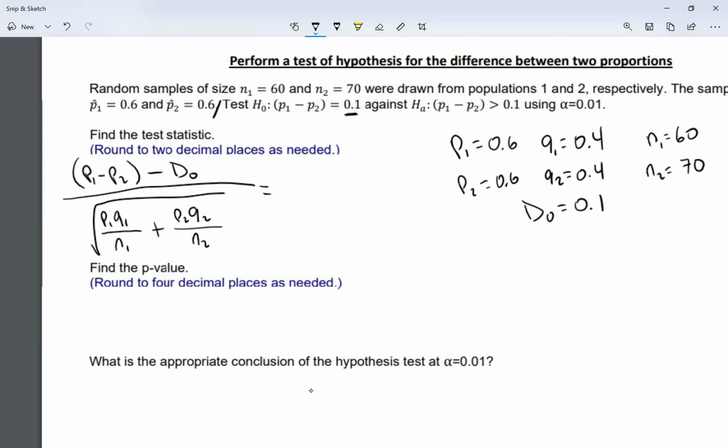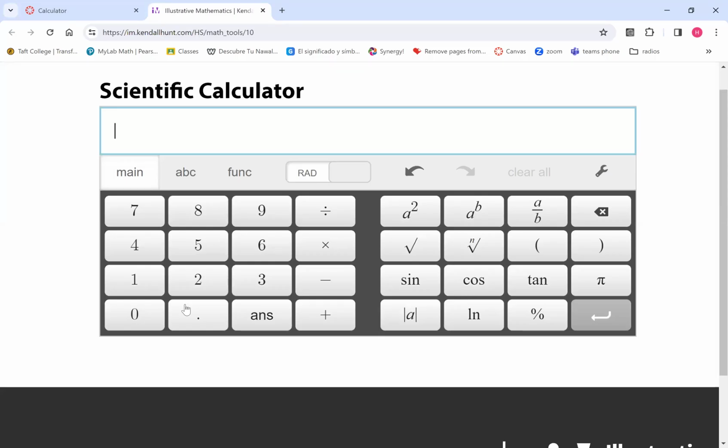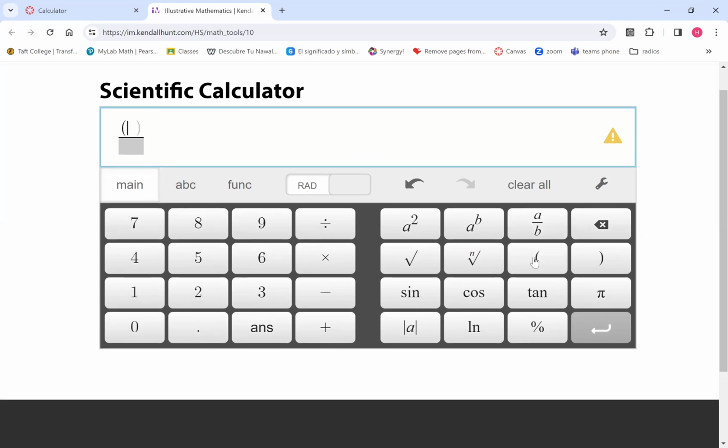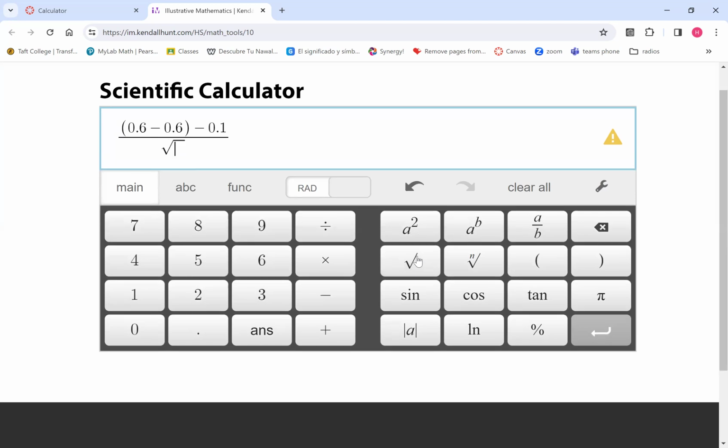So let me share my calculator. Again, you guys can have access to this calculator using the link on the left side of Canvas. So I have a fraction, and to begin with, I have parentheses. It was p1 minus p2. According to my notes, I have 0.6 minus 0.6, close parentheses, minus my difference of my null hypothesis, which was 0.1. Let me click down on the arrows to the bottom part of my fraction, but I know the bottom part is